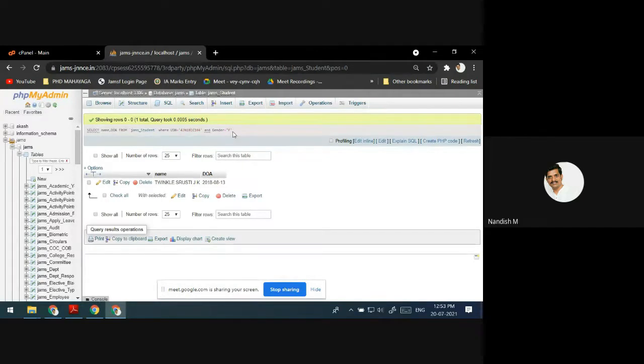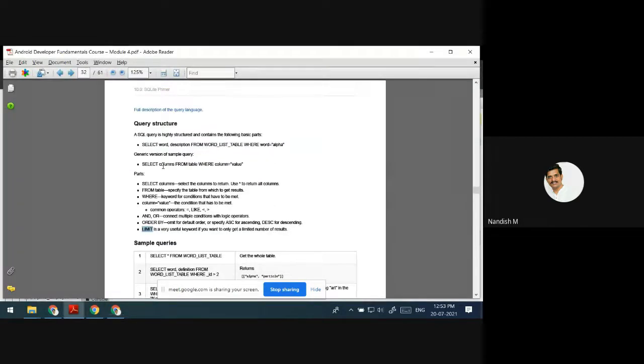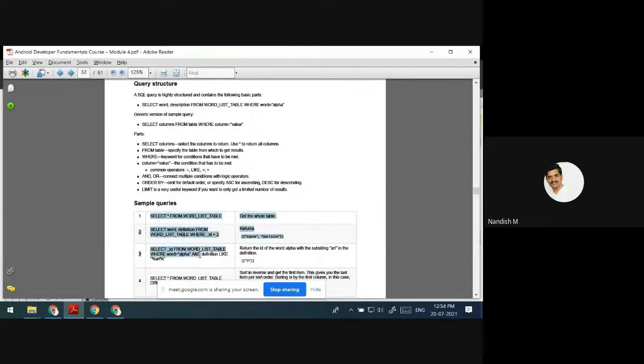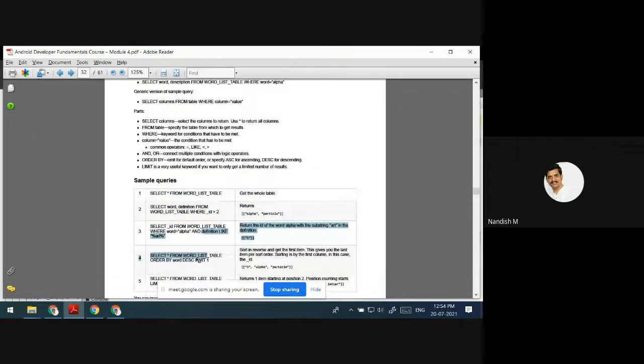You have to use the AND condition, which adds USN and the gender. Another option you have is OR. This is the syntax. If you want to sort it ascending, order by ascending, or order by descending, you can give DESC.